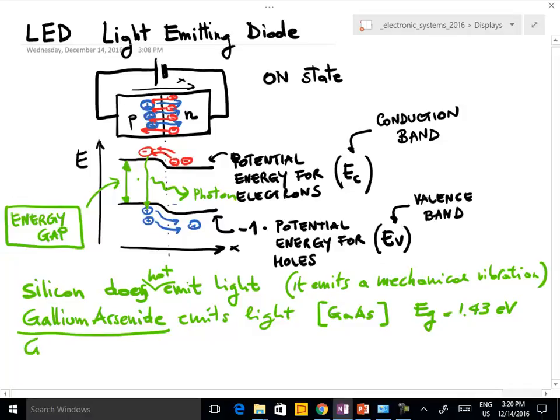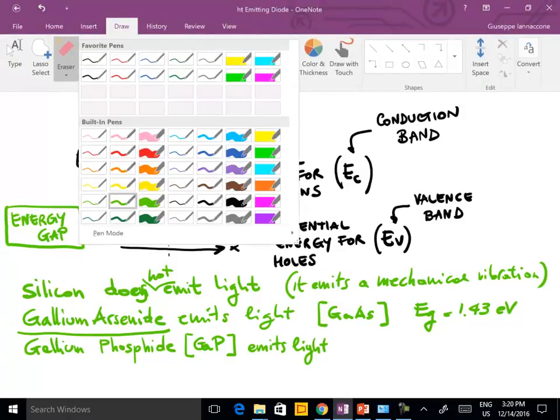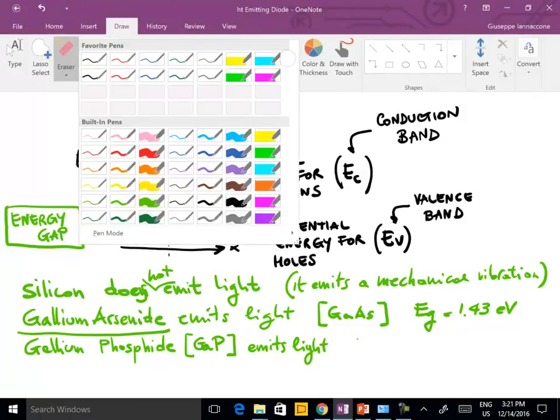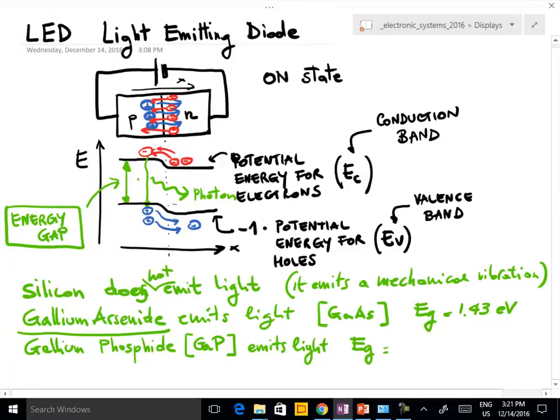But for example, with gallium phosphide, and the symbol is Ga for gallium and P for phosphor, we have emission of light more or less in the green, because the energy gap is, no, sorry, I need to write the energy gap. The energy gap is 2.26 eV. Okay,